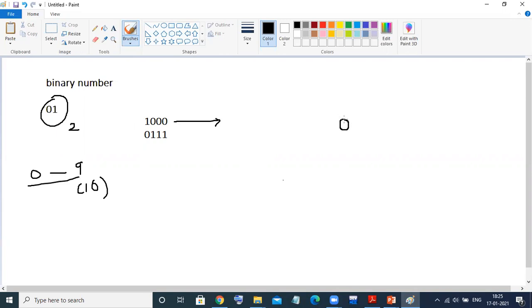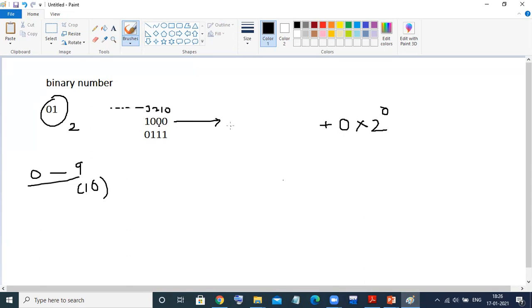I want to convert this binary number to decimal, so we need to calculate 2 to the power 0, because the first index will be 0, the second one is 1, then 2 and 3 and so on. This is the format.